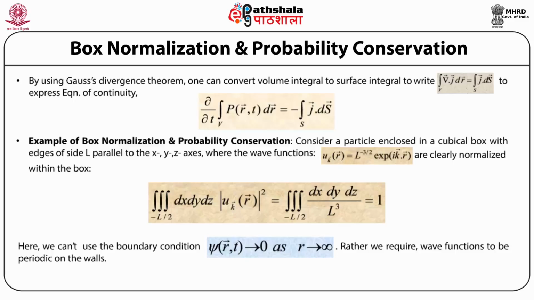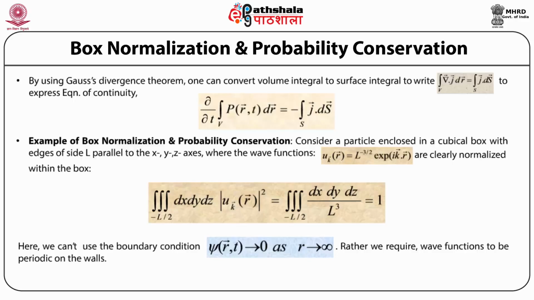Using this relation, one can rewrite the equation of continuity as the partial derivative with respect to time of the volume integral of the probability density function p as a function of position vector r and time t, dr, is equal to minus the surface integral of the current density vector j dot the surface vector ds,